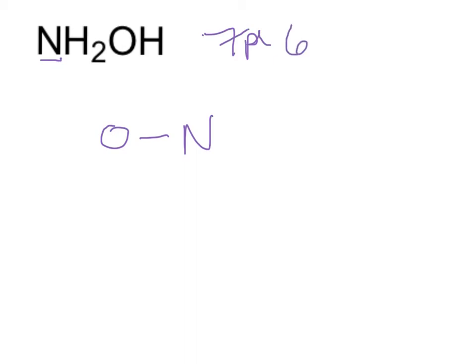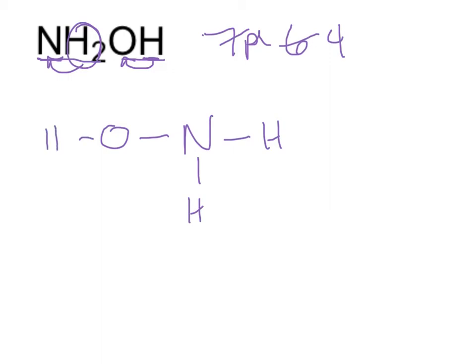And now I have 3 hydrogens that I need to attach to this compound. And since the compound is written NH2OH, I know that I have to have 2 hydrogens attached to the nitrogen. I'll put one here and one here, and that now leaves me with 4 pair left. And it looks like that last hydrogen is going to be attached to the oxygen, so we'll put that one over here,